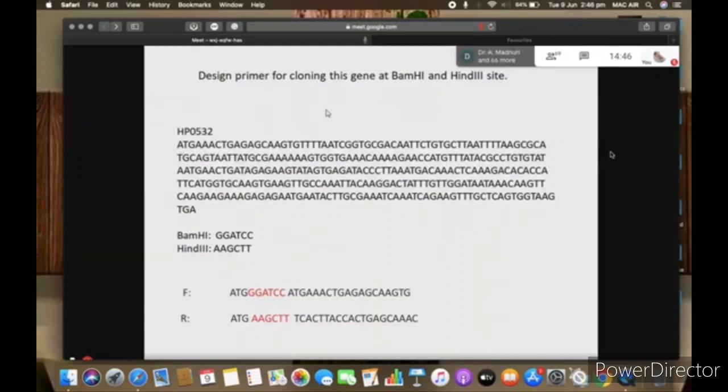Not like Primer3, the software, which some students have used. We cannot design the primer from somewhere in the middle. The purpose is to clone the complete gene. If your purpose is only to see the presence of the gene, sometimes we use PCR to check whether that pathogen, that bacteria or virus is present or not.